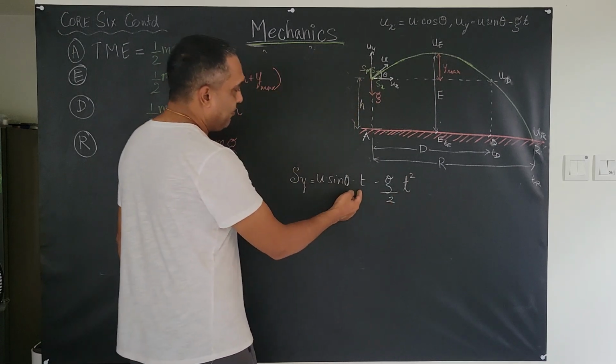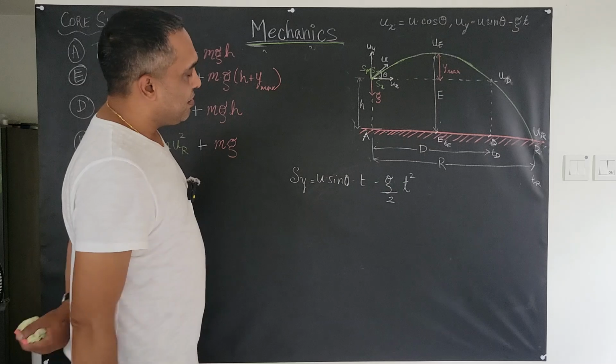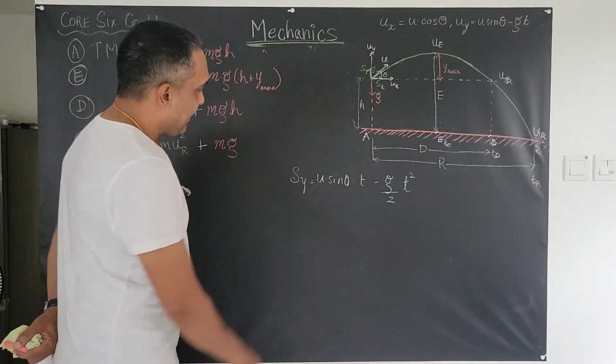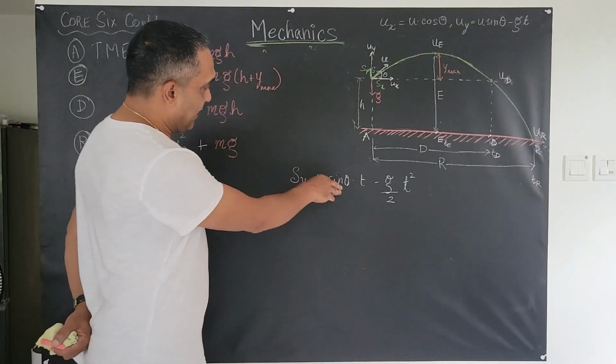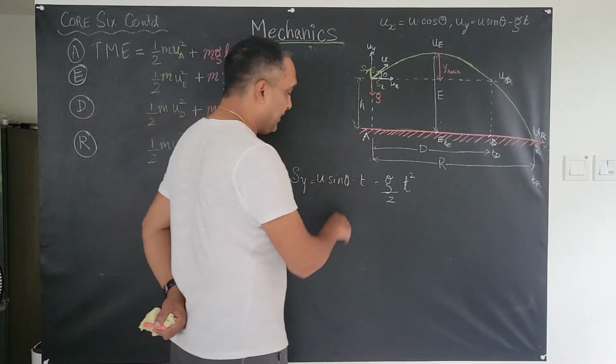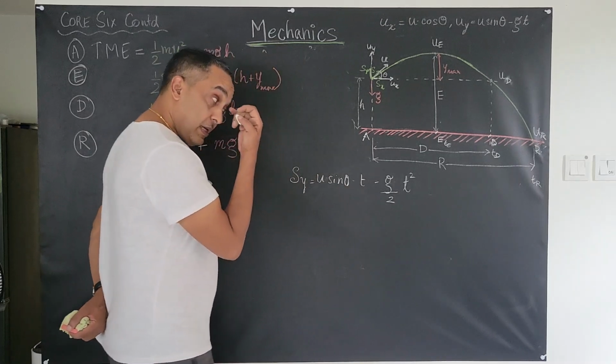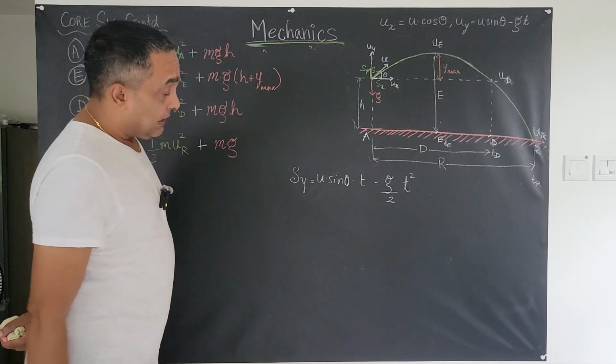And if you find t as a function of Sx and substitute it, basically you'll get the cosine theta part coming here, which is, I think Sx is t